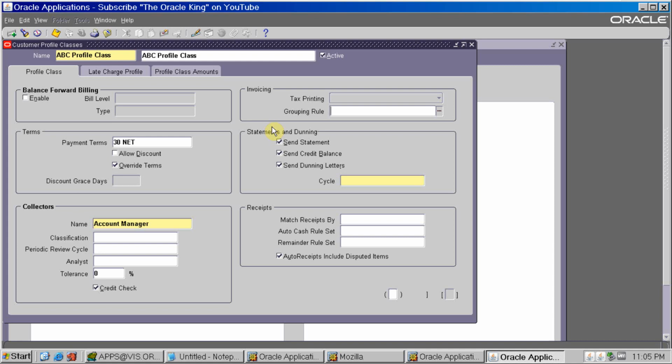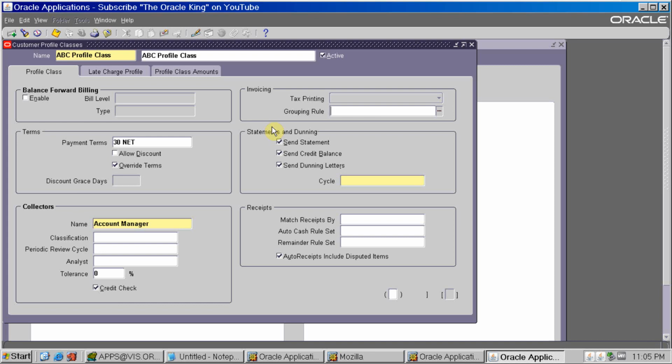Dunning letter also: if the due date is crossed and the customer hasn't paid yet, you want to send a dunning letter 1, 2, right? It's like some legal things you can do through the dunning letter. It means you are giving a warning to the customer: you have to pay this.